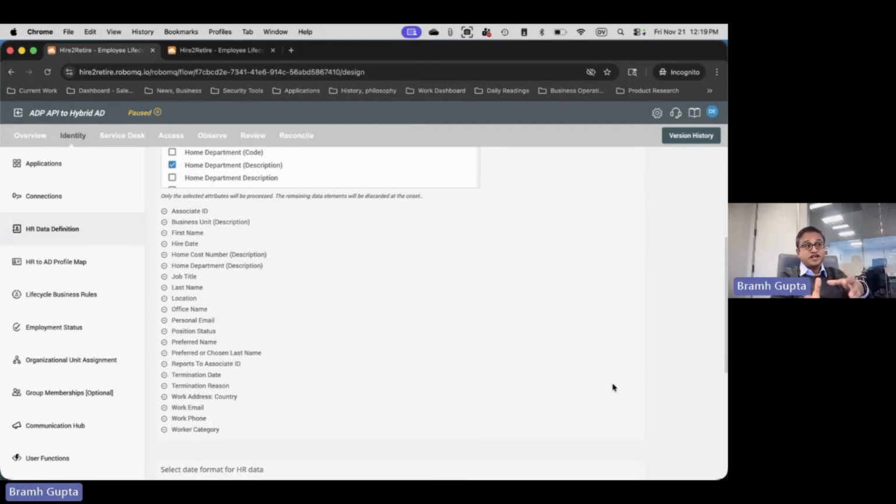That's something to very well understand, because initially we often hear, oh, you're going to get a lot of data from HR. Not really. We'll get very basic data. First is basic PII, first name, last name, preferred name, so that we can create the account. We need the ID of the employee so that the profile in HR can be matched to the corresponding profile on the identity side. Then we need manager ID so that your org chart is always current, your GAL is always current. And then we need the information like your start date, last day worked, and the termination reason so that